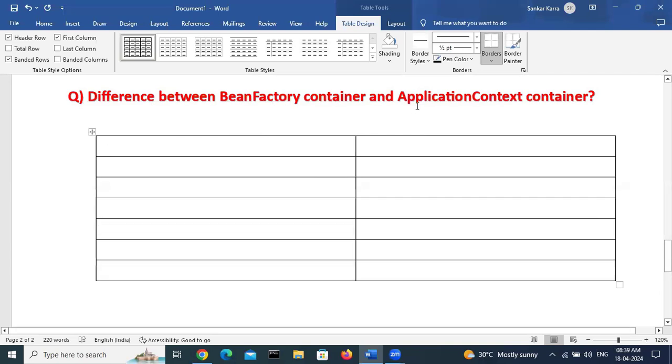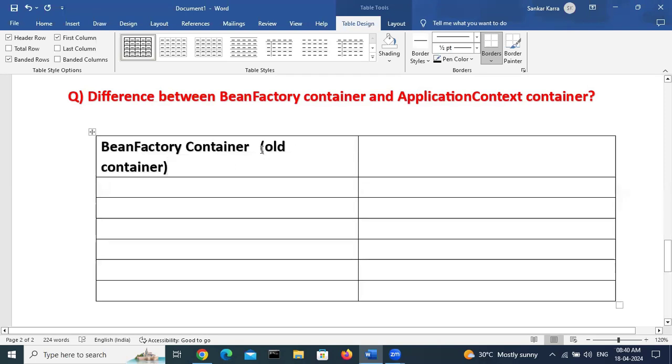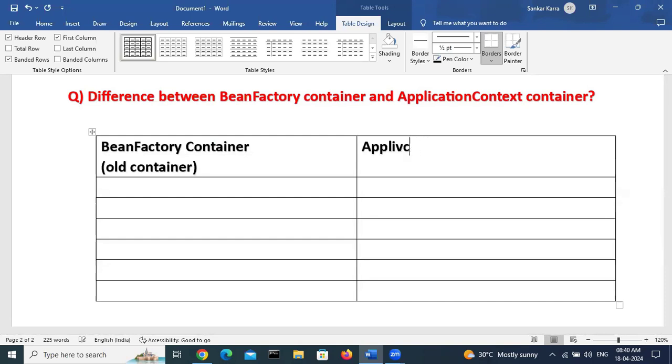So, the difference between bean factory container and application context container. Bean factory container is the old container. Application context container is the new container. So, first point,